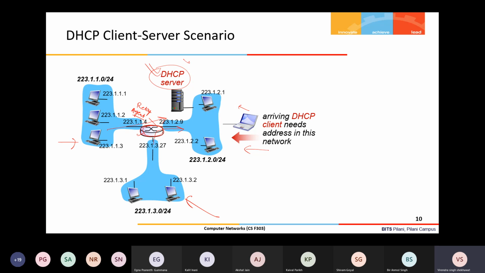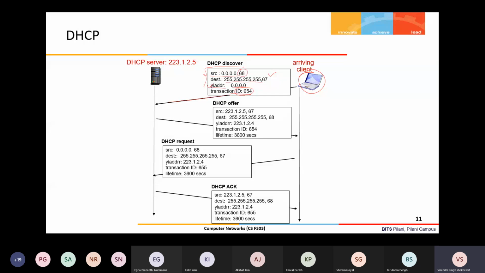The DHCP server's location and IP address is known to this relay agent, so it's able to forward the DHCP message to the subnet where the DHCP server is connected. Okay. So it will reach the server, and then the server will send the DHCP offer message.